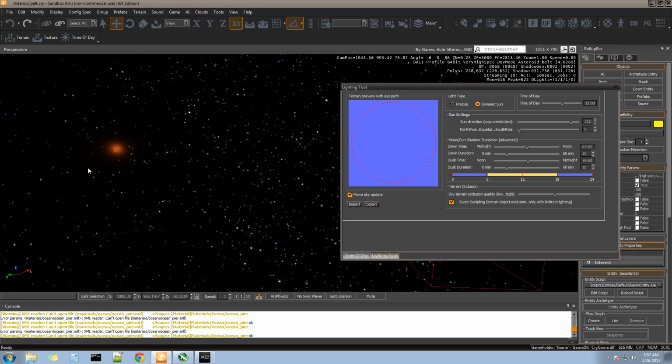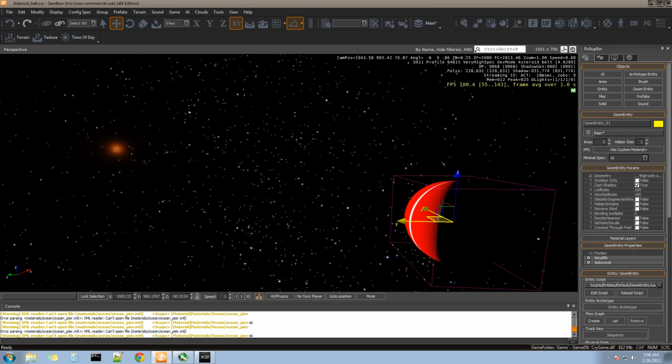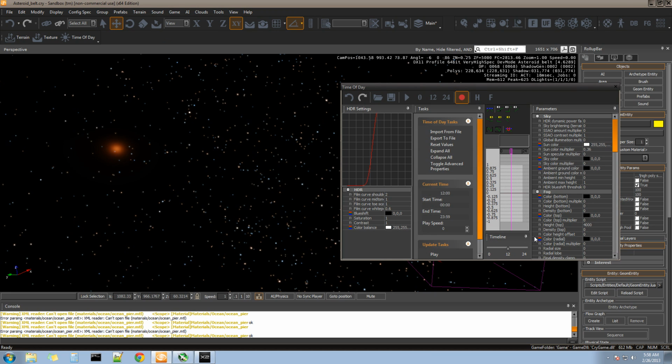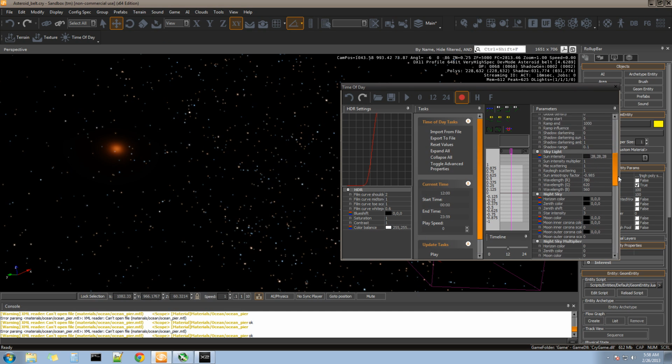Now the reason why I was just using the light and had a static sun model in there with some particle effects is because in that particular scene that we're going to be making that cinematic on it, the sun's going to be going nova. And you can't really animate the time of day sun in that way, so I kind of had to create my own. But let's open up the time of day once more,